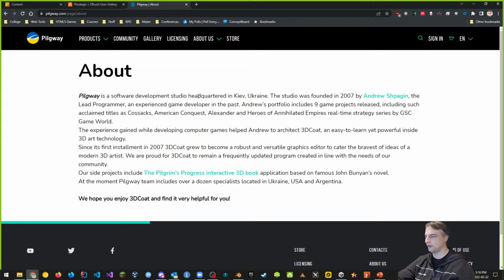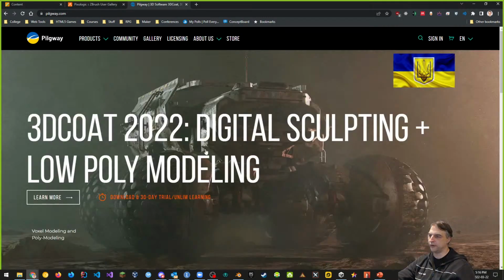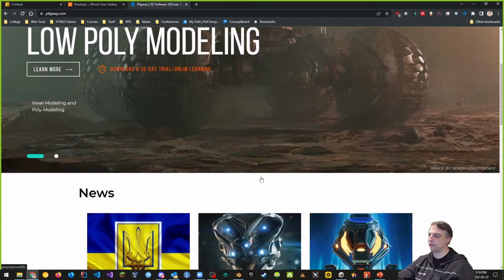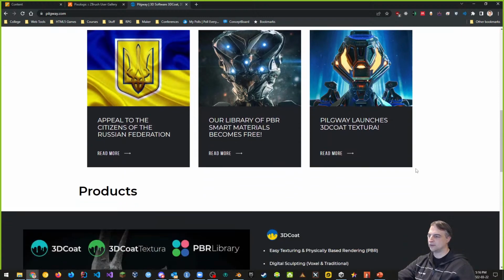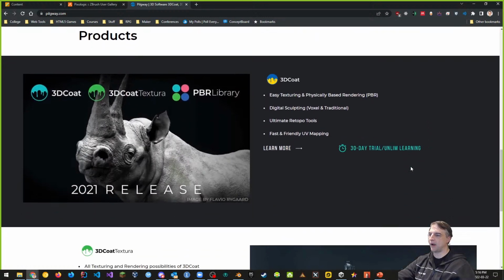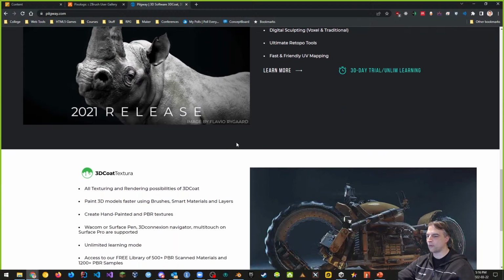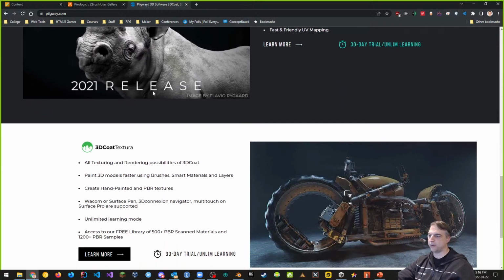Okay, so just kind of putting it out there. But what Pilgway did, and this is before the whole fight with Ukraine and Russia, is they came up with a really cost-effective organic modeling solution that I would say challenges a lot of the stuff that ZBrush does. I wouldn't say that it is the de facto standard. I think it's another way to do it, where you can create both organic as well as hard surface models